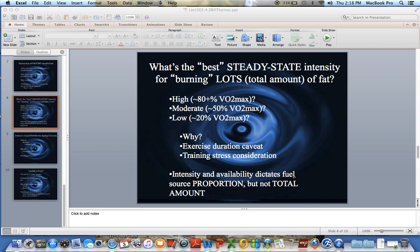Intensity and availability dictate fuel source proportion, but not total amount. As intensity of exercise increases, we continue to use more and more carbohydrates. But availability also dictates fuel source proportion, and once you cross your lactate threshold, the availability of fat declines greatly. And therefore, not only because of the metabolic rate, it's easier to burn carbohydrates at high exercise intensities. In fact, it's more efficient. But also the fact that there's less fat availability means that we will utilize less fat. And so